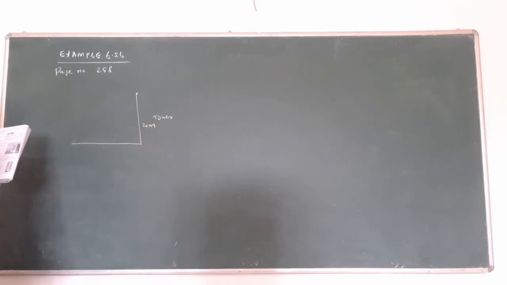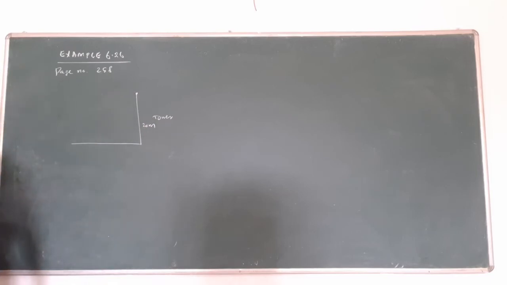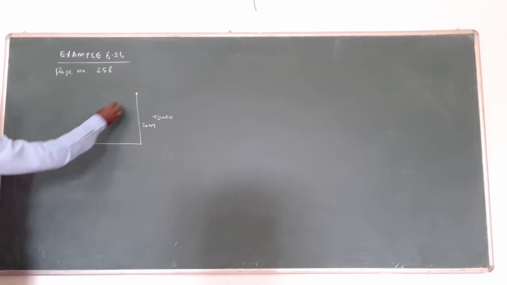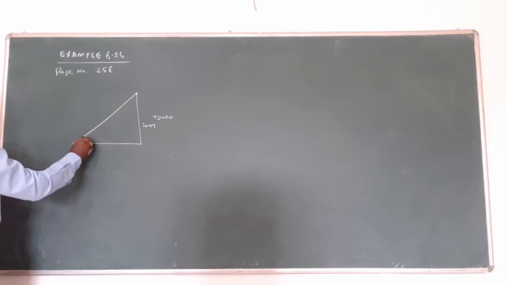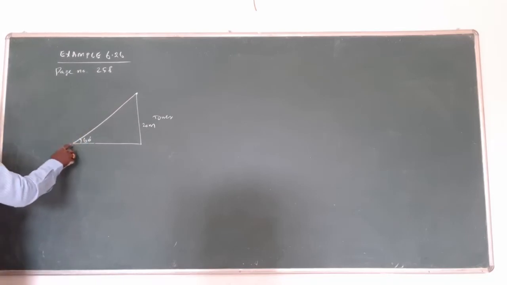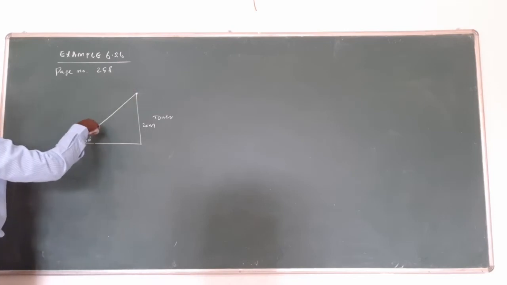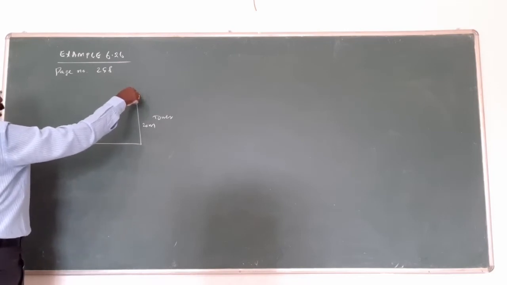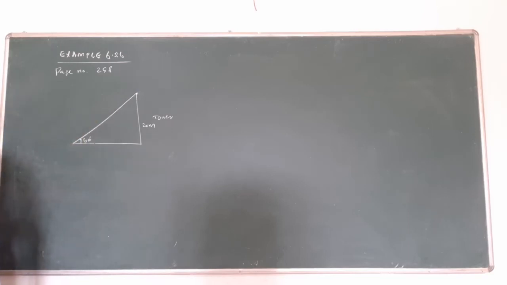Observe the angle of depression from the top. The ball lying on the ground is at 60 degrees. From here to here, 60 degrees. Am I right? From here to here, or here to here, both are the same. That's important. If you are standing here, it is the angle of elevation of the top of the tower. Otherwise, from the player here, it is the angle of depression of 60 degrees. Both are the same. Now what is happening?